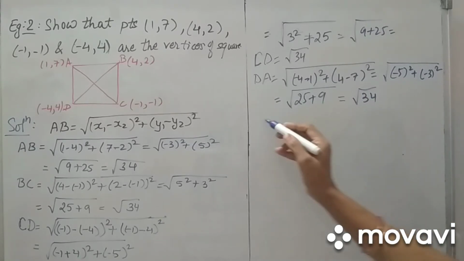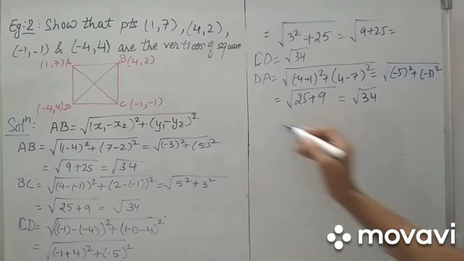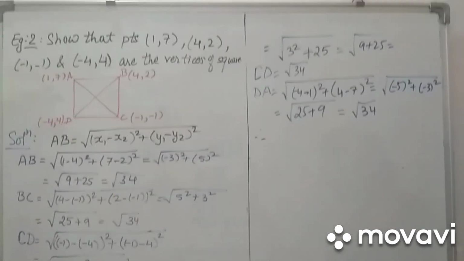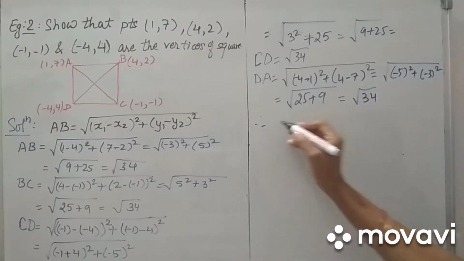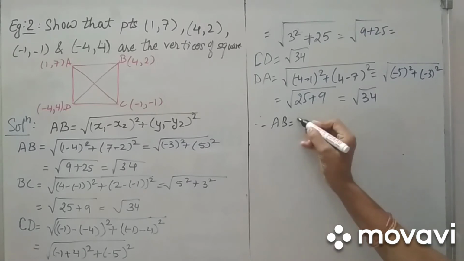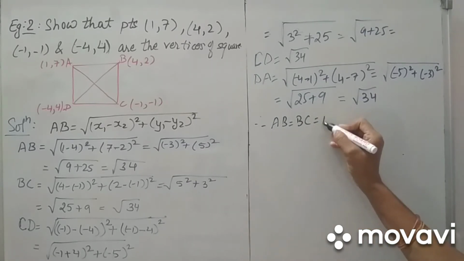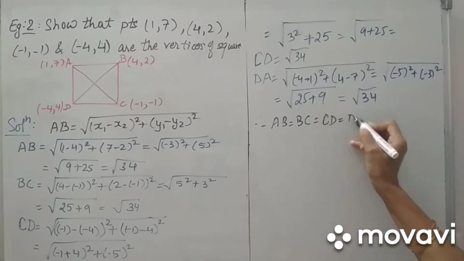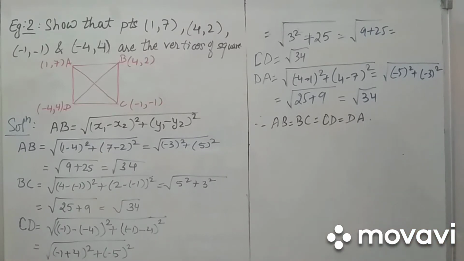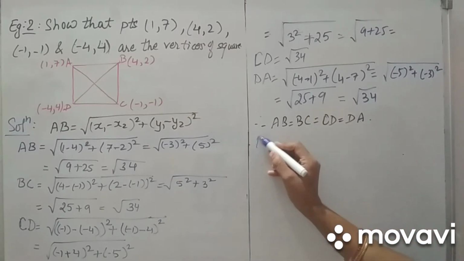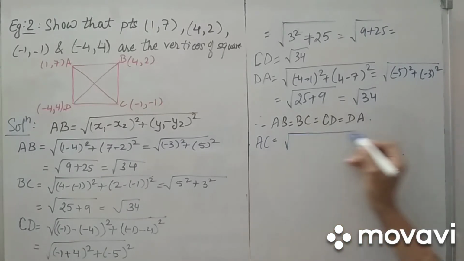Okay, so therefore you can say all four sides are equal. Therefore, I am writing in a black color pen so that AB is equal to BC is equal to CD is equal to DA. Still here we got this much. So still here we can say it can be a rhombus also. Now for the exact property of a square we want AC also.